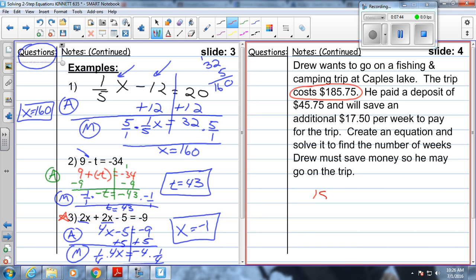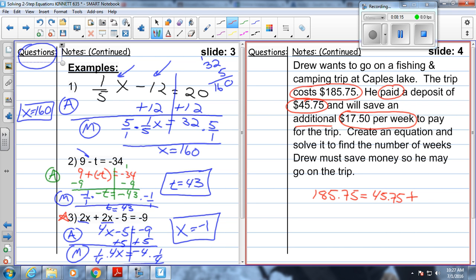So I'm going to go ahead and start writing this down just to model how we're going to do it from left to right. So we have $185.75. That's his total trip cost. If he's paid money, is that a positive or a negative in our math? Yeah, that's going to be a positive, and he paid $45.75 already. So we write $45.75. And we'll say an additional, well, I love additional because that tells me that means plus sign right there,